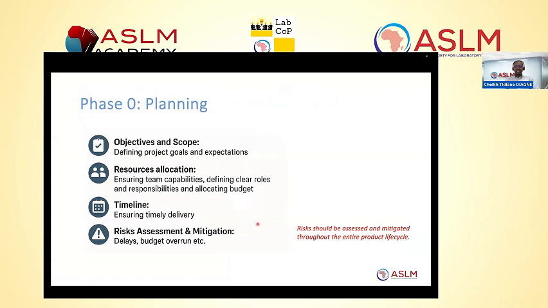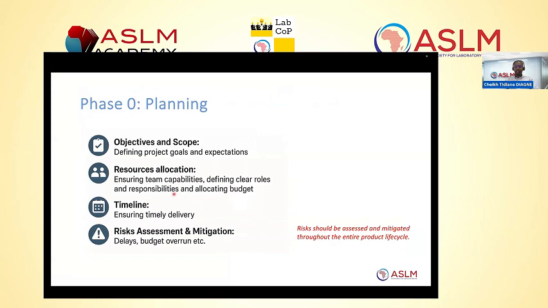The first phase, phase zero, the very obvious phase as I was saying earlier, is the planning phase. It includes defining the project goals and expectations. You also need to allocate your resources by setting up a well-capable team capable of delivering the project. And you also need to define very clearly the roles of the team members, their responsibilities,